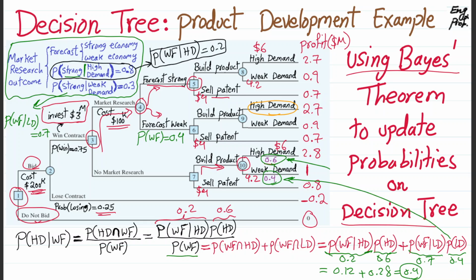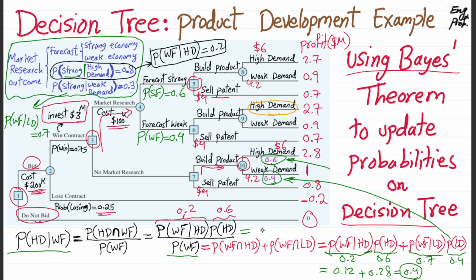Naturally, because we either get the weak forecast or a strong forecast, if the probability of weak forecast for the market research is 0.4, you can conclude that the probability of a strong forecast is 0.6, 1 minus 0.4. So we have these two numbers. That's very good. Okay, and also we are now able to find the probability of high demand given weak forecast,